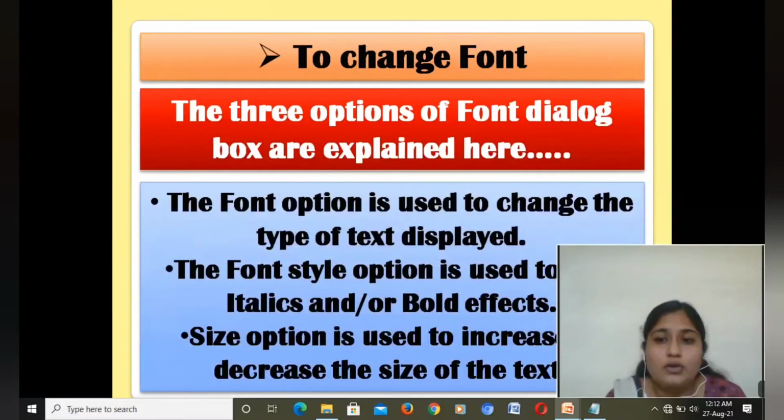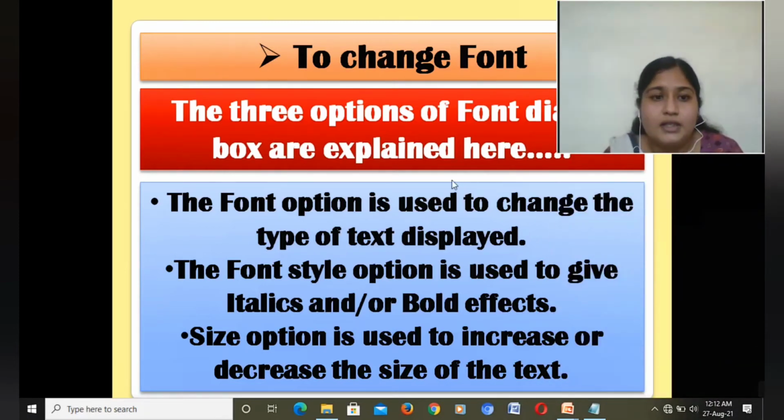The first point is the font option is used to change the type of text displayed. Whatever text you want to display, you can choose in the font option. You can change that. Then the font style option is used to give italics or bold effects.